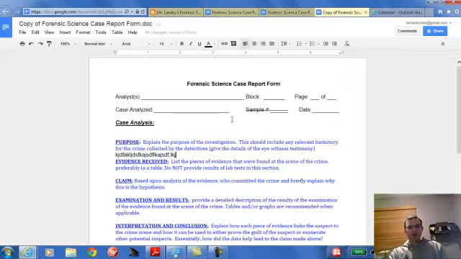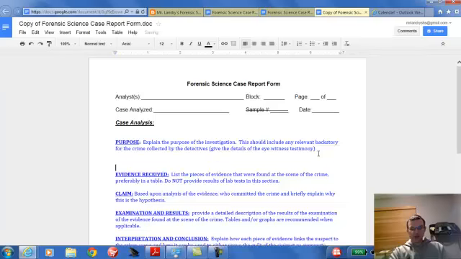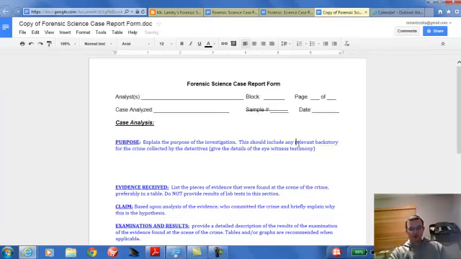Now let's talk about some of the more common errors that I saw when you guys turned in your case reports the last time. Under the purpose, many people left out the backstory, because this is the information collected from the investigators. In your last story, you had a full page, front and back, with all the information collected by the detectives. Anything in that set of information that is helping you to solve the crime should be included in